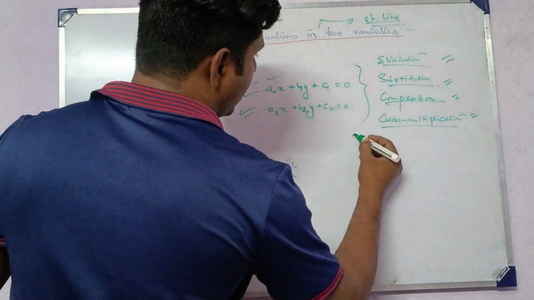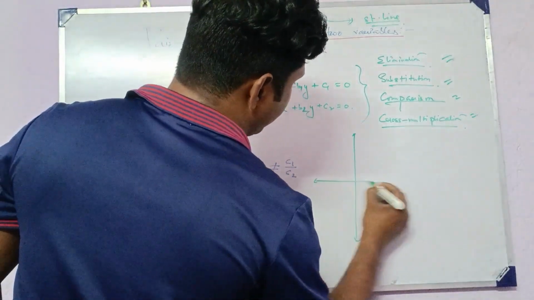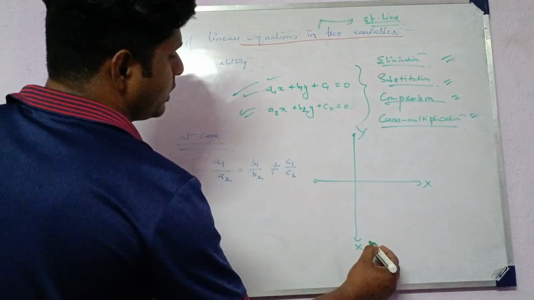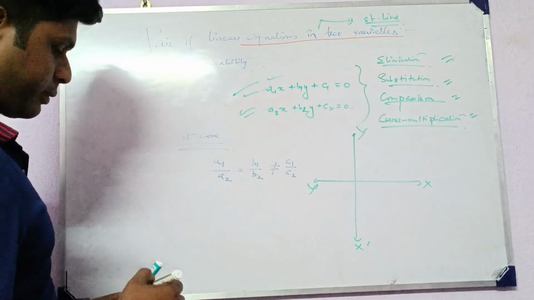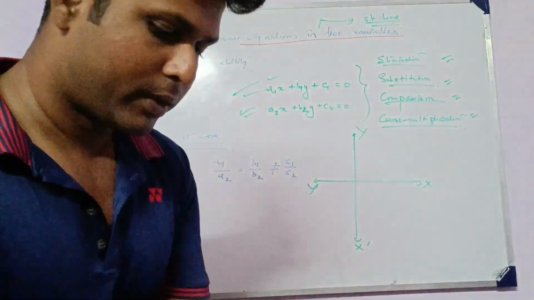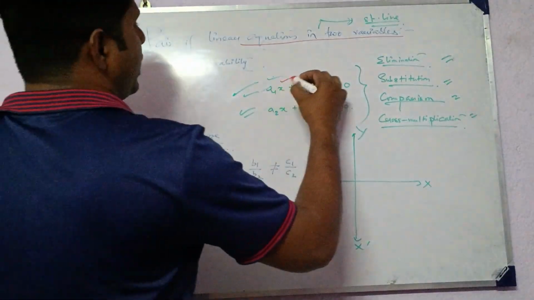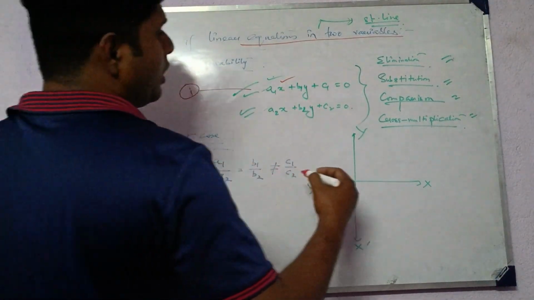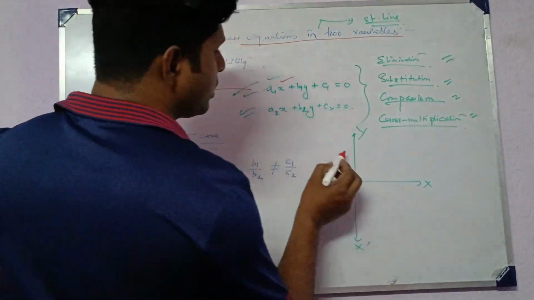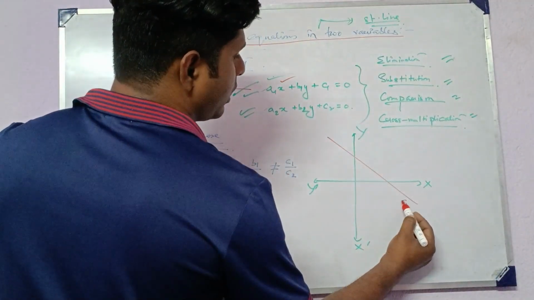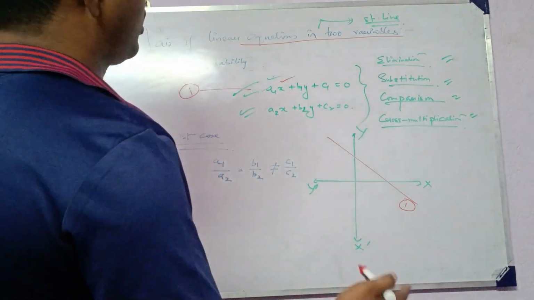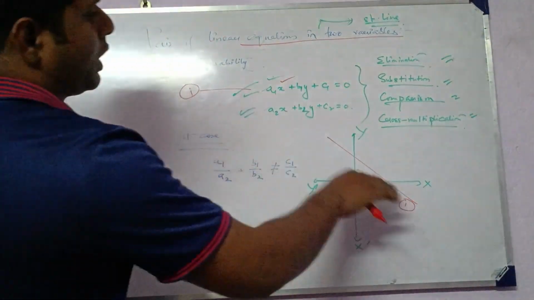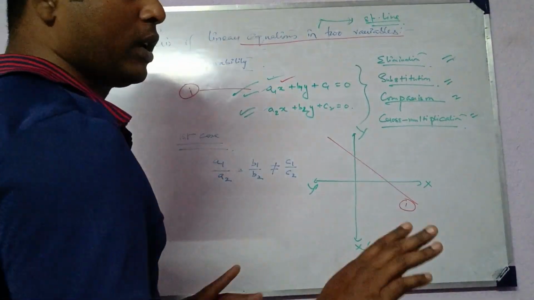So let us draw a pair of coordinate axes, that is x, that is y, and that is x dash, that is y dash. So let এই যে লাইনটা a1x plus b1y plus c1, let it be line 1. Suppose that line 1 is going this way. গ্রাফে প্লট করে এই ইকুয়েশনটাকে প্লট করলে এই লাইনটা পাওয়া যায়, এরকম একটা লাইন পাওয়া যায়।